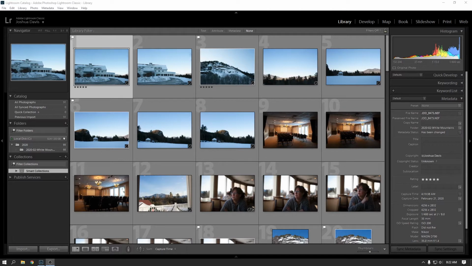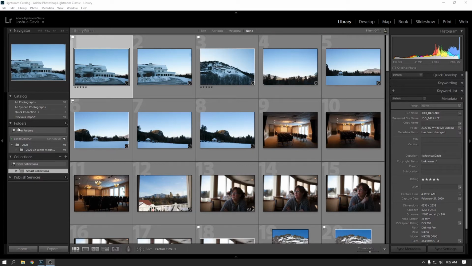But today we're going to be talking about collections, and what collections are: almost like virtual folders within Lightroom where you can store images. So for example, you might want to create a collection called Portfolio where you only store your best of the best photos. In that scenario, how you would want to do that is over here in the left pane,